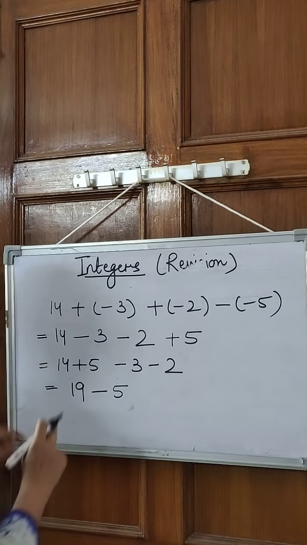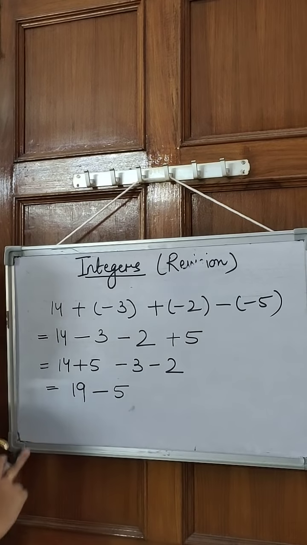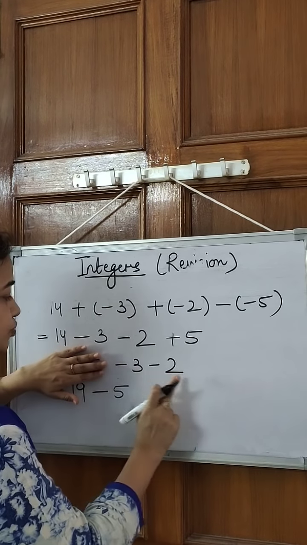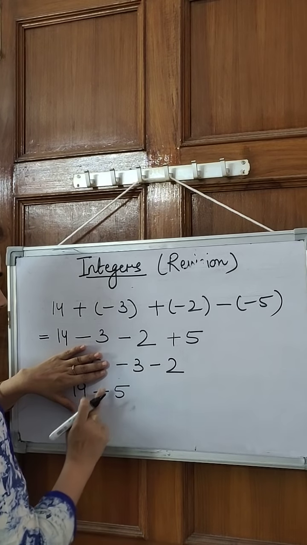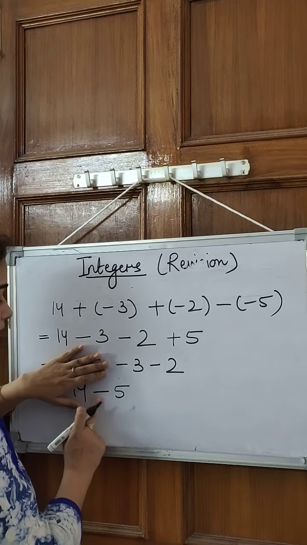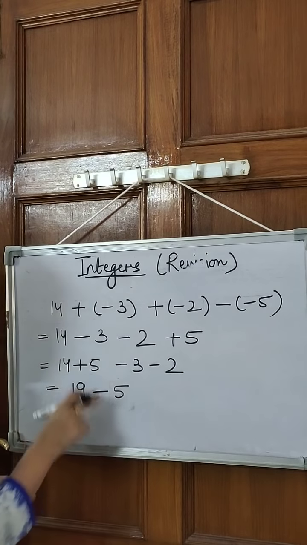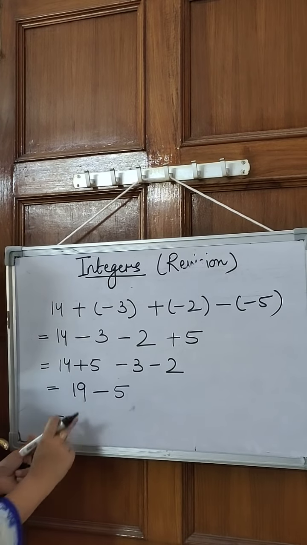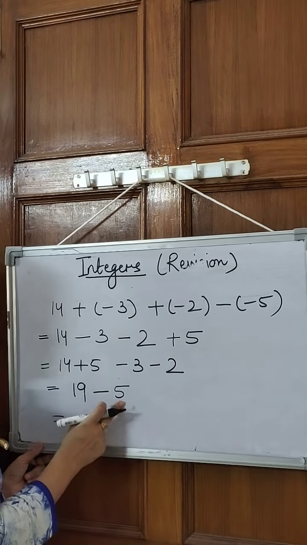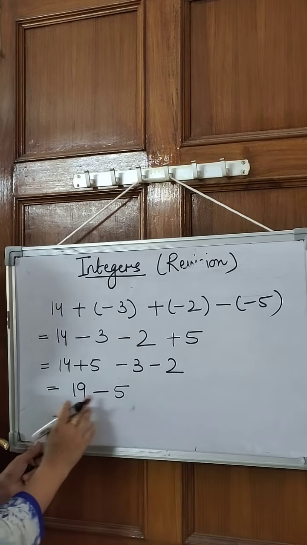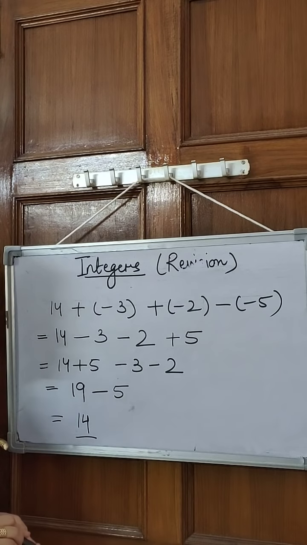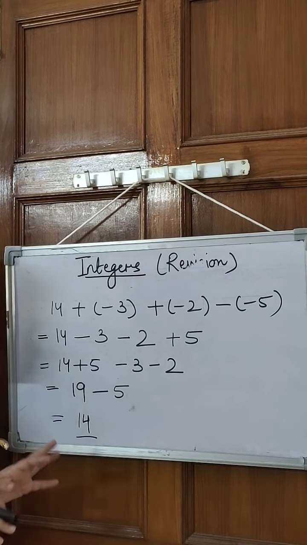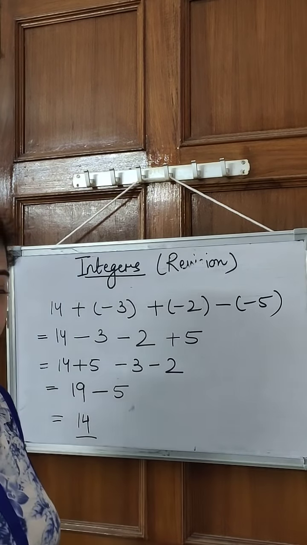So what we have done, 14 plus 5 is 19, and if I see this part, then minus minus is plus, so these two are added and the sign with both the numbers are negative, so my answer is also negative. Now I will solve further. Now 19 is positive and 5 is negative, so plus minus is minus, so 19 minus 5 is 14. This is the answer. Okay, so I hope these type of questions are now clear to you, that how to solve them.